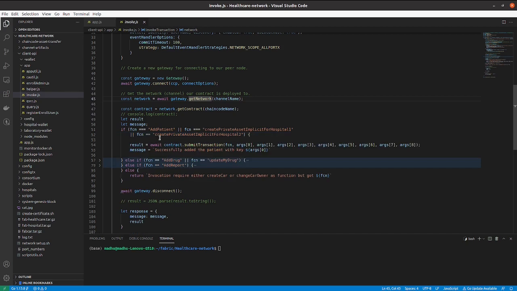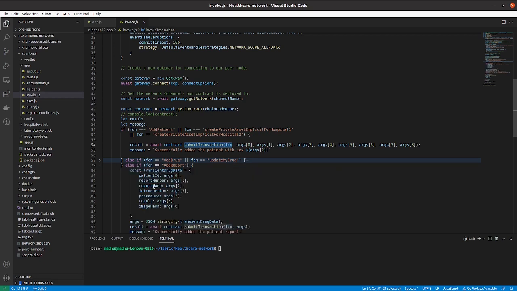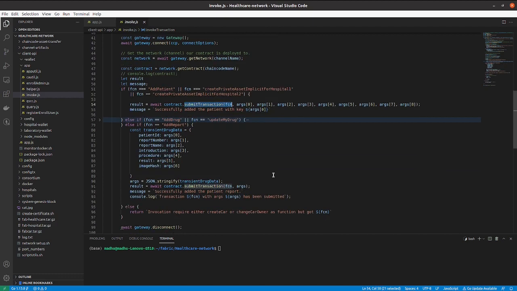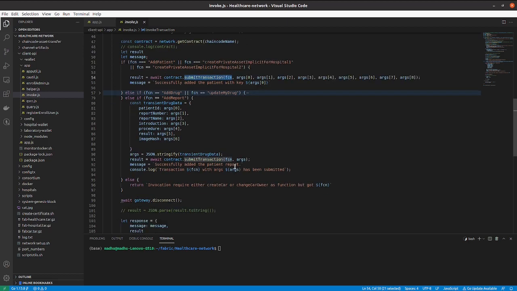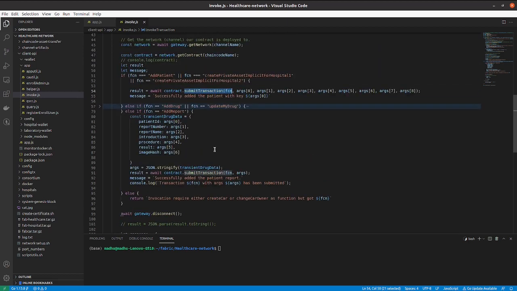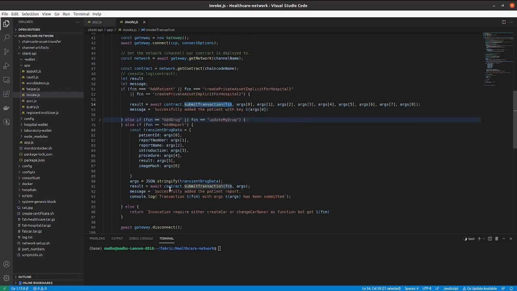When you call add patient, it will call the submit transaction function passing all the parameters. Another function which we are using is add report. This is private data. The methods used to insert public data and private data are different, so they should be handled separately. These are the two functions which we are using. Here we are calling submit transaction by passing the function name and arguments. Arguments are passed as transient data.